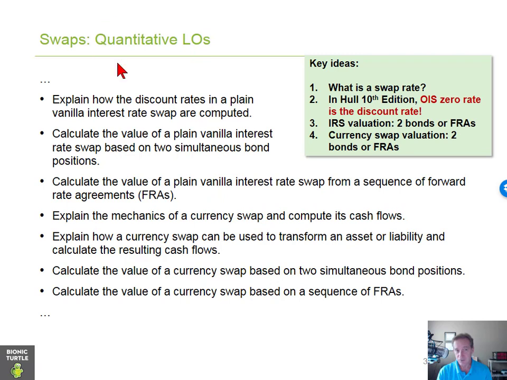For quantitative learning objectives, the key ideas here are understanding what a swap rate is, of course. There's a second idea here. You've noticed I put it in red, and that refers to something that you don't really see in the 9th edition of Hull, but we do see in the 10th edition. So this is a bit of a transition here, meaning I don't expect it to show up on the exam immediately, but let's be mindful of the fact that in the 10th edition, John Hull transitions away from the presumption of LIBOR as the risk-free rate for discounting to OIS, or overnight index swap, zero rate used as the risk-free